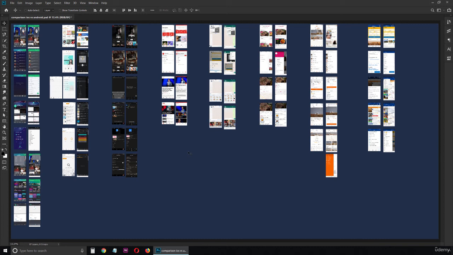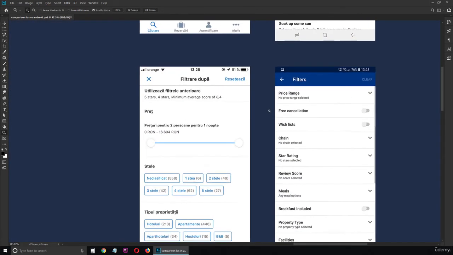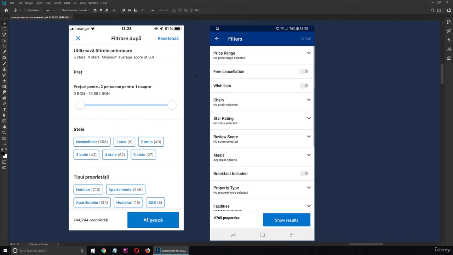I've attached this PSD with several other sets of screenshots so you can see how much these platforms have in common. There are some cases where certain screens have a totally different layout, for example the filter system, but overall these can be studied and